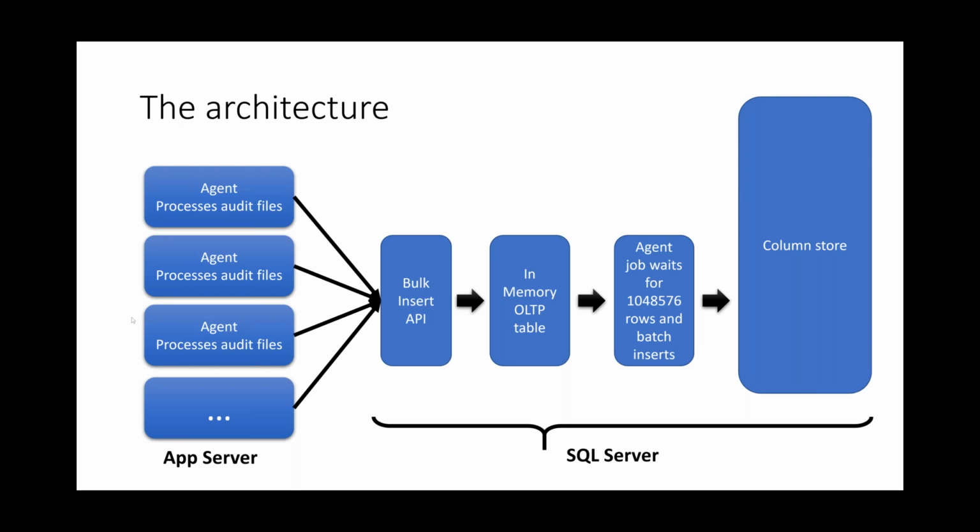The part on the right is inside SQL Server. We have whatever CPUs and memory and everything we need here. We have to license it as SQL Server. The application servers that process the audit files in parallel were just regular Windows servers with much, much lower licensing cost than SQL Server. So this started to work pretty good